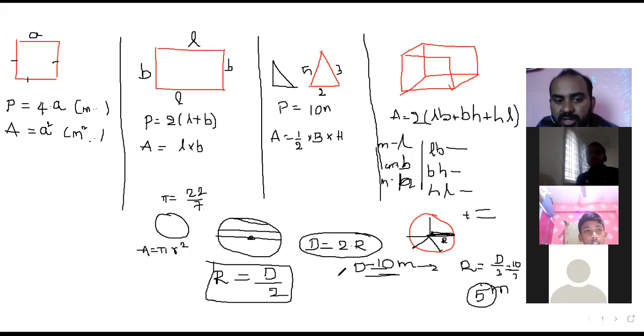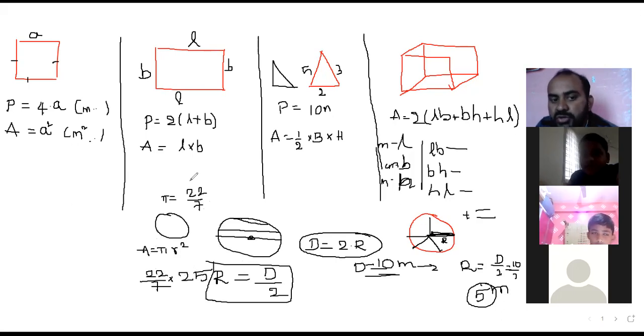Area of the circle is equal to pi into r square. Here, for example, your r value is 5. Then what is the pi value? 22 by 7 into 5 square, which means 25. 5 square means 25, or not? Yes, you have to do it. So if you do the division 22 by 7, you have to remember this value. What is the pi value? 22 by 7. In another case, the pi value is 3.14. They can ask anyone.